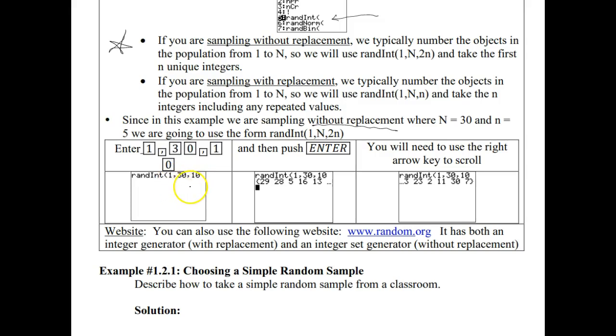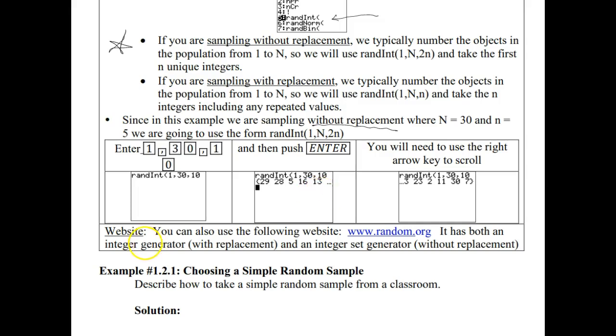That's going to tell the calculator to randomly pick a number between 1 and 30, 1 and 30 included, record the number, put it back, take another number between 1 and 30, record it, put it back, and so on until we have a list of 10 numbers. On the screen here, when I did this for the video, you can see I got the numbers 28, 28, 5, 16, 13, and so on. You can use your arrow keys to scroll to see more numbers. If you were to do this on your calculator, you would not see these same numbers because they are randomly generated. It would be like if you and I each had a hat with the numbers 1 through 30. If I randomly pick out 5 numbers, I'm not going to get the same numbers as you do when you randomly pick out 5 numbers.